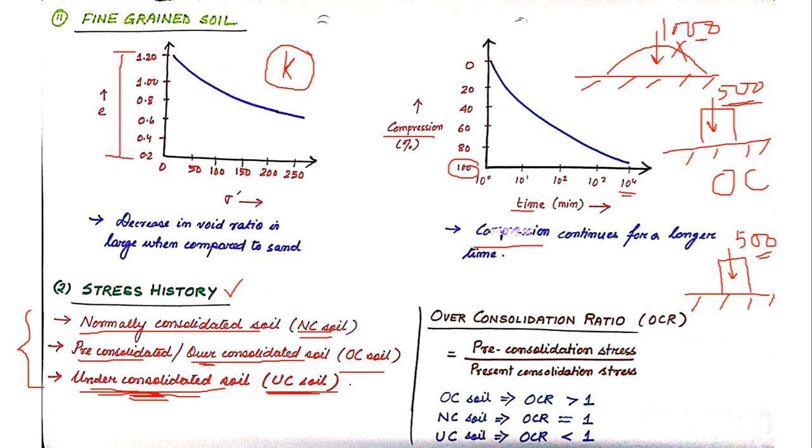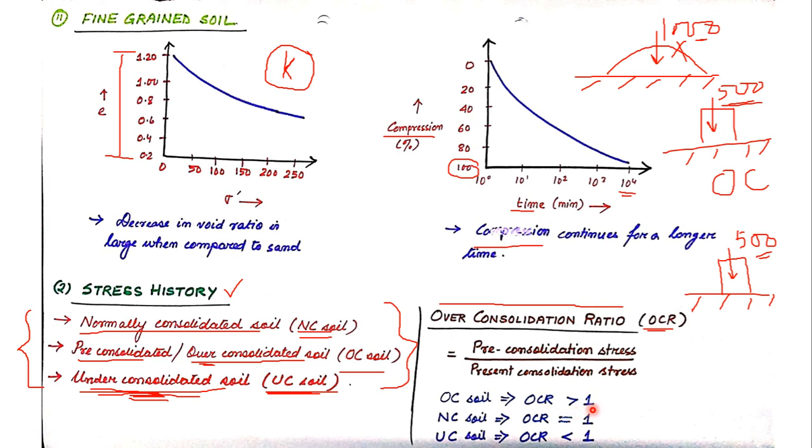Now, if you have understood the three types of soil, we can move to a concept called over consolidation ratio or OCR. So what is OCR? OCR is nothing but the ratio of pre-consolidation stress divided by present consolidation stress. Pre-consolidation stress means the stress prior to compressibility or prior to the consolidation. So in the OC soil where there was the rock, this rock was actually the pre-consolidation stress. And present consolidation stress for that soil will be the building. So in case of an OC soil,